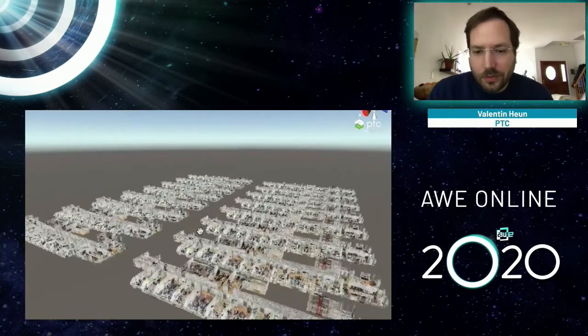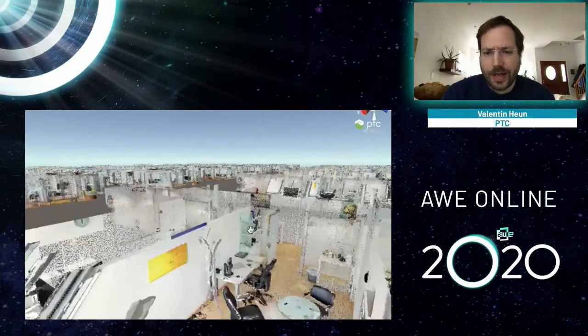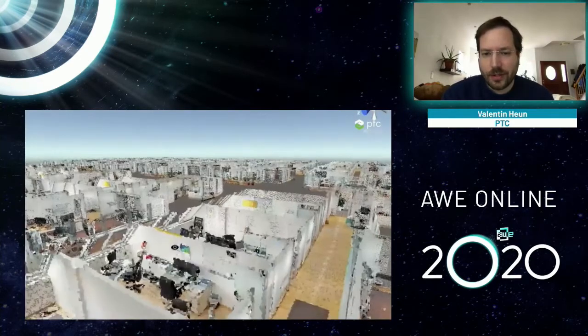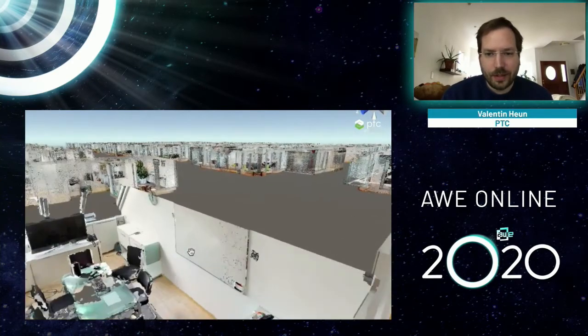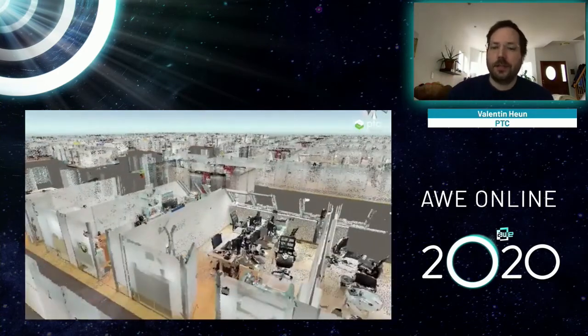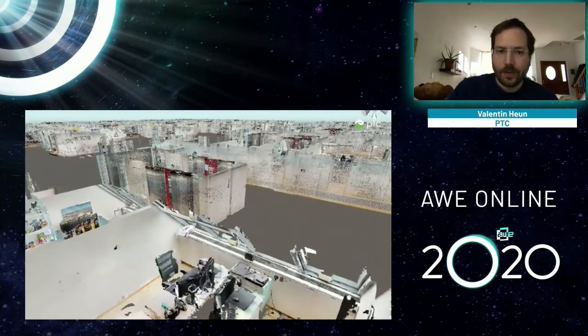And one of these works is here at PTC in the Vuforia Engine team. What they are able to do now is to scan massively big spaces and fly around in these spaces, and localize yourself in any of these spaces with the Vuforia Engine.